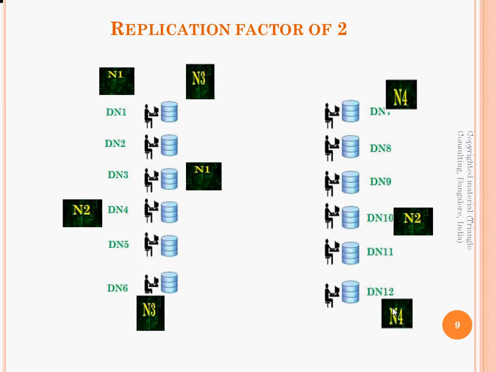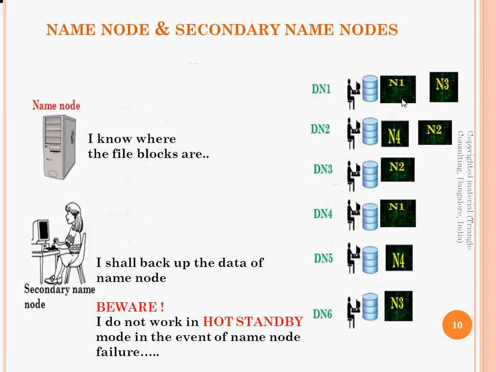So if somebody goes down now, say for example, if data node 12 goes down, a trigger message would be sent to the file system manager to ensure that another copy of N4 is made by using the copy of N4 present in data node 7. So eventually the replication factor of 2 for every block will be maintained across the cluster. So going forward,